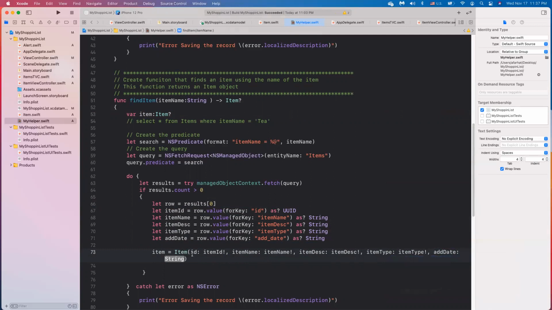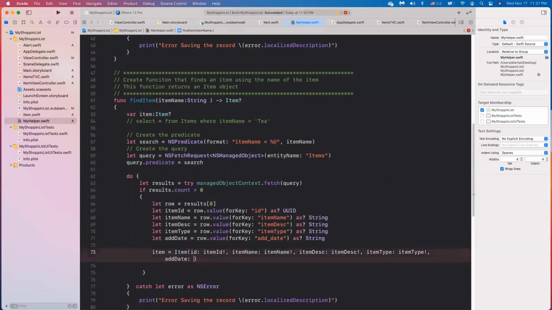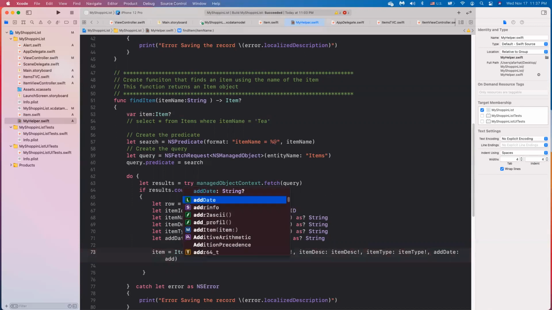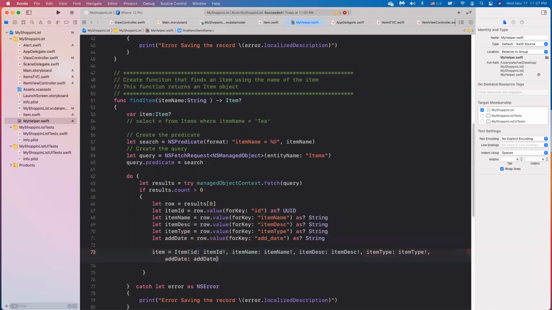It's going to be unwrapped, and then finally, what do we call that? Add date. And it's going to be unwrapped again. Okay,